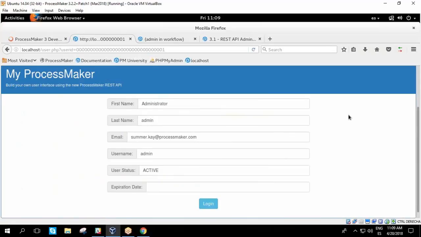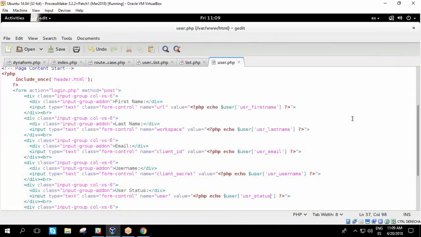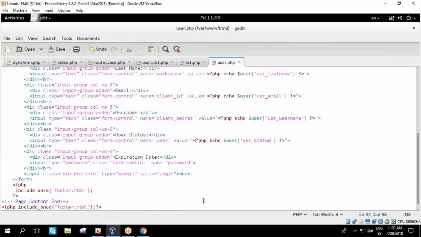And it looks like I need one more for the expiration date. I did not see that. Aha, here it is at the bottom. And we need that here. And so this variable should be user_do_date if I'm not mistaken. And if I am, I'll just take a look at the variable dump. So I'm going to save that